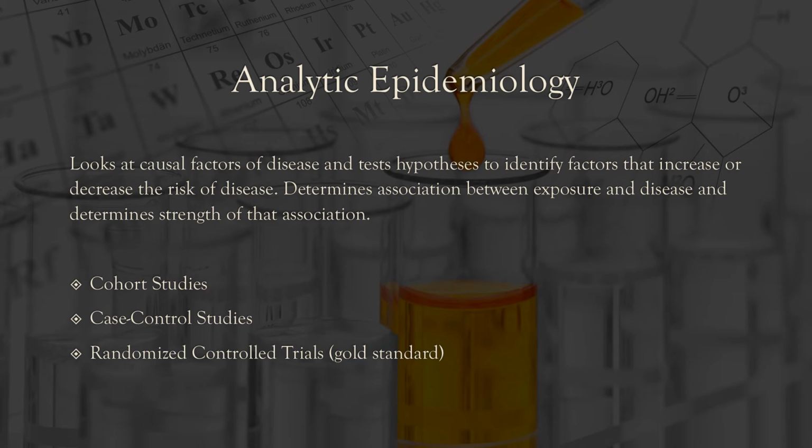In case control studies, you're taking a group of individuals who have the outcome of interest, those are the cases, and then you're comparing them to another group that doesn't have the outcome of interest, and those would be your controls. So you're watching these groups in parallel as they move through time to watch what exposures they have and what results from those exposures and how that